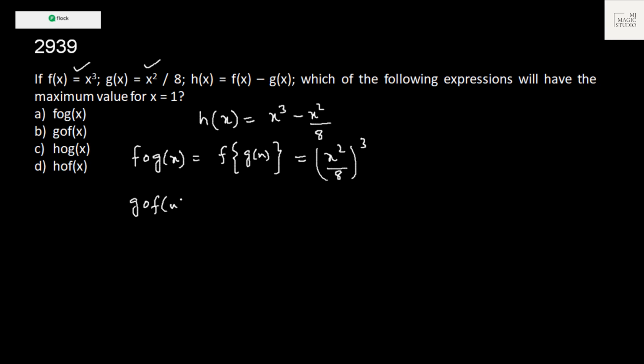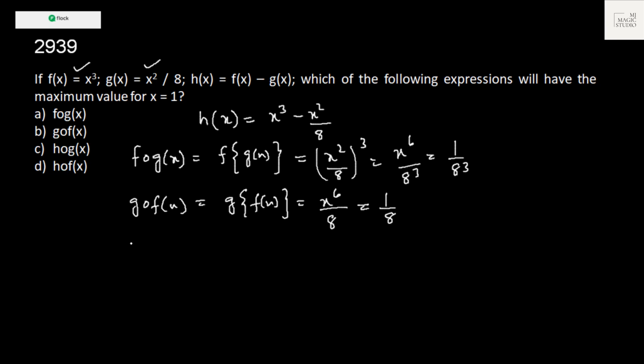G of f(x) is g of f(x). In g(x) function, in place of x, we will put f(x). So that would be x to the power 6 by 8. And if we put the value 1, this would be 1 by 8. Now